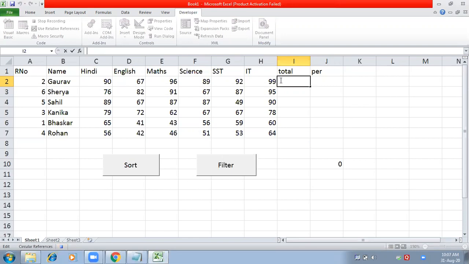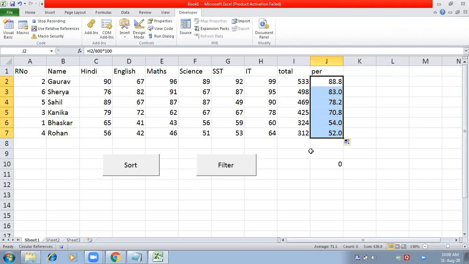Macro is running. Equals sum, bracket start, percentage equals this divide by 600 multiply by 100. Now stop macro.